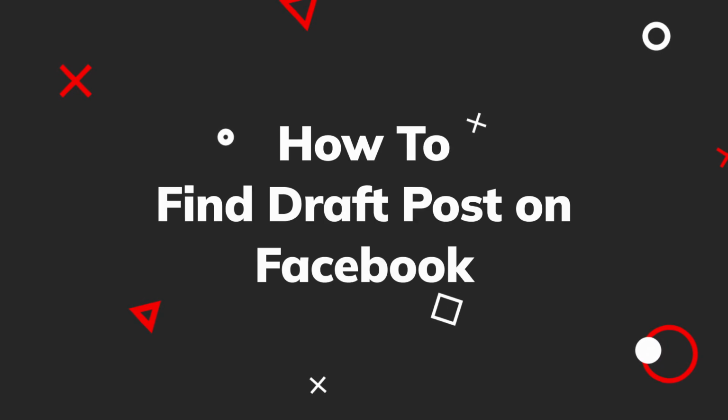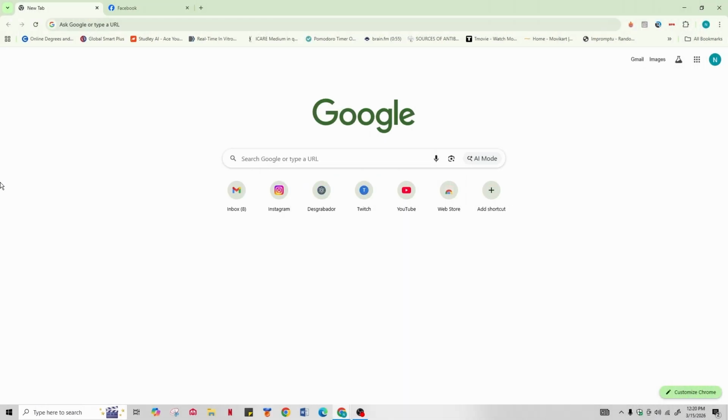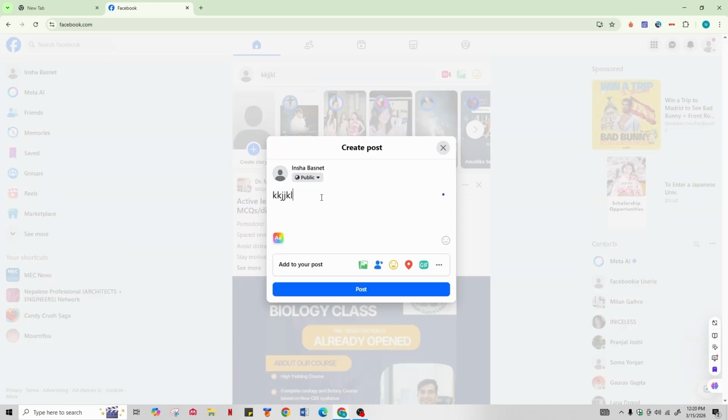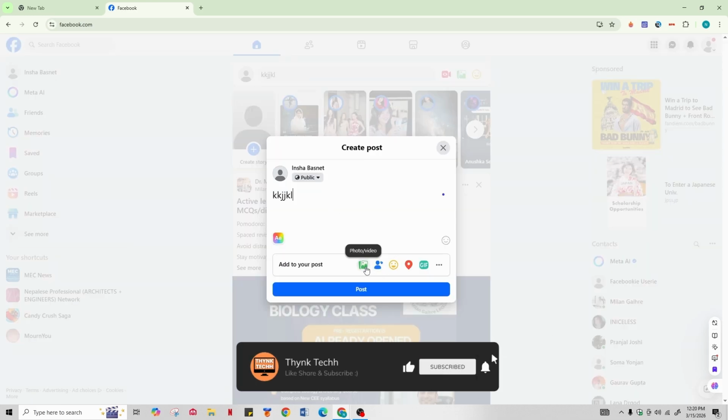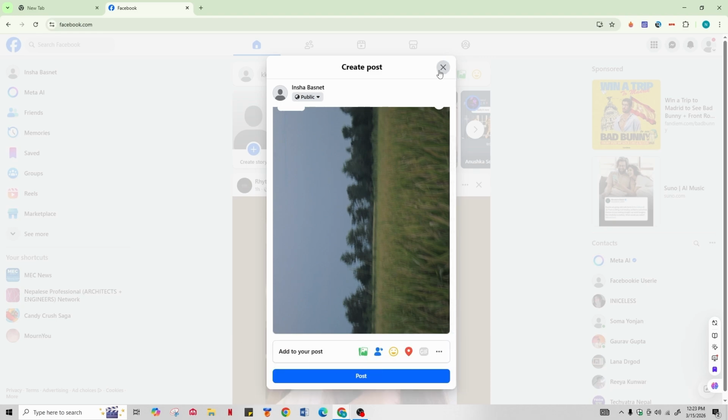Here is how to find your draft post on Facebook. So first, you need to go ahead and open the Facebook application on your web browser or the application on your device. Then select what's on your mind at the top of the screen and type your post or add photos to it. Instead of tapping on the post icon, which is highlighted in blue color, go ahead and select